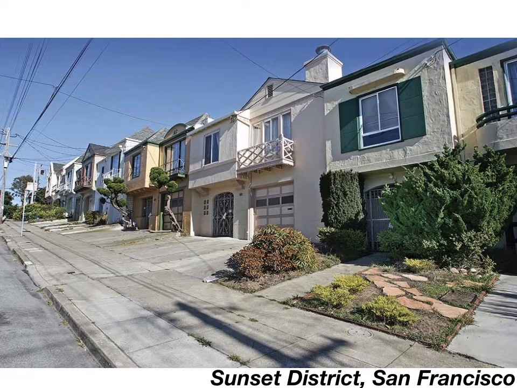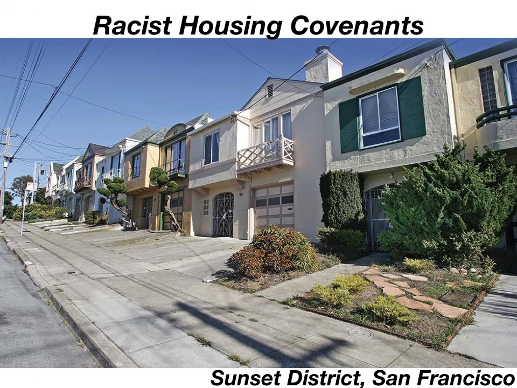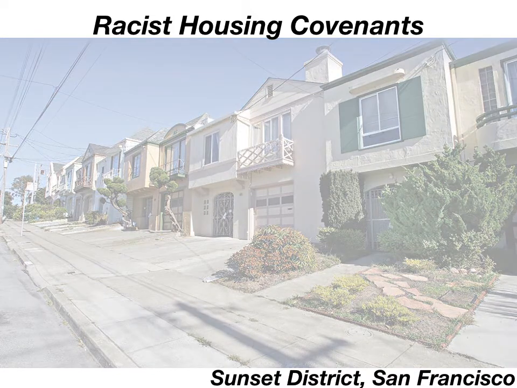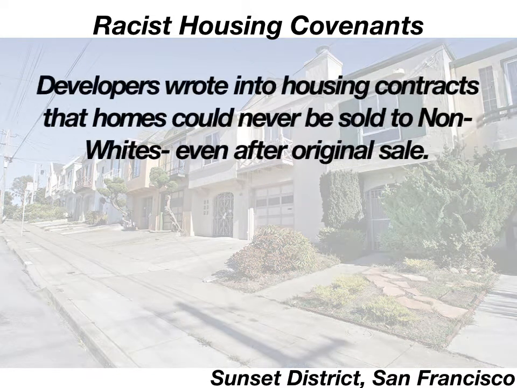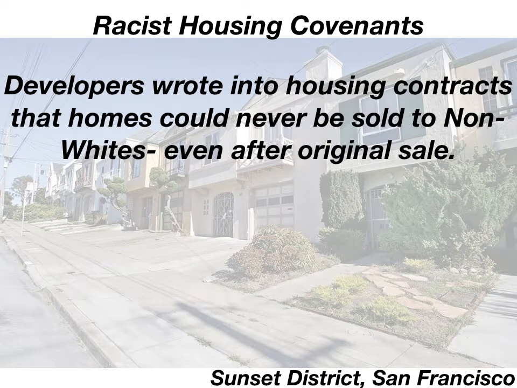Now, another thing that led to segregation was racist housing covenants. Here we can see a nice typical street in our Sunset District in California, here in San Francisco, and believe it or not, in the Sunset District, developers wrote into housing contracts that homes could never be sold nor rented to non-whites, even after the original sale. Now, these no longer exist, but this explains why segregation persisted in certain neighborhoods in